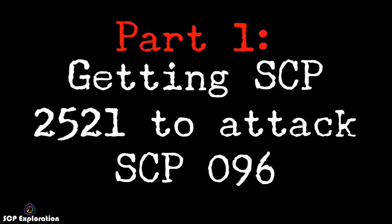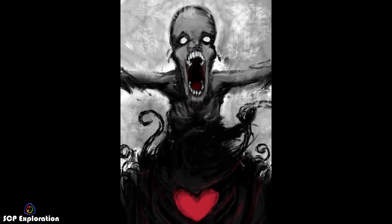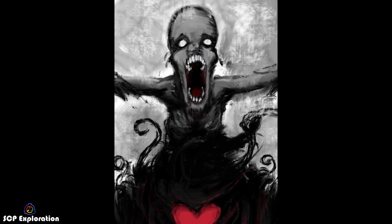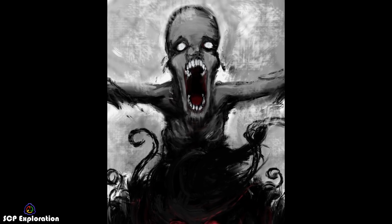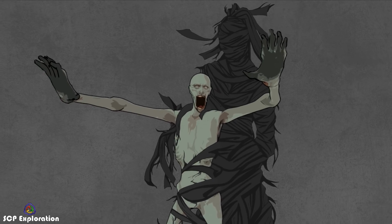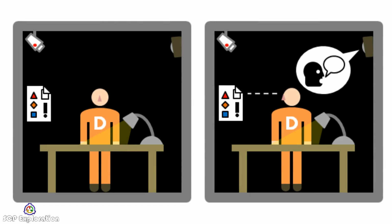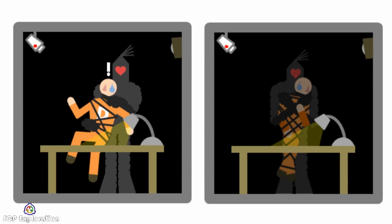Before we start thinking about how an SCP-096 vs SCP-2521 fight would look like, we first need to think about how such a battle could even begin. We have two possibilities. The first one is to somehow make SCP-096 attack 2521, and the second one is to have 2521 attack the Shy Guy. Let's begin with the second one. As we know, SCP-2521 is an anomaly that is triggered by word-based communication about it,